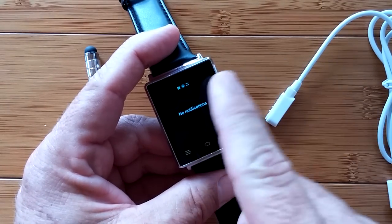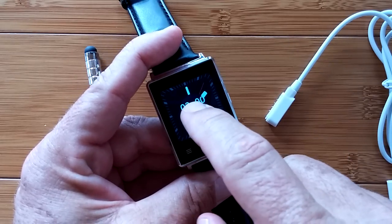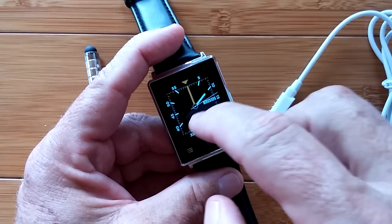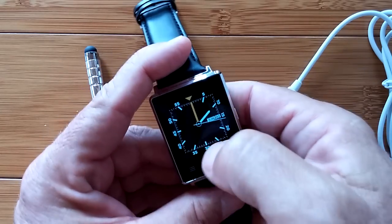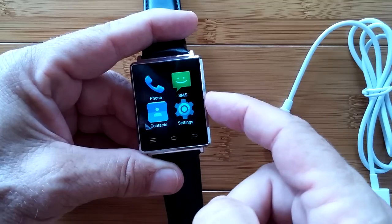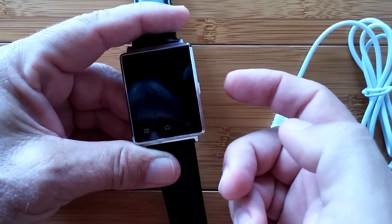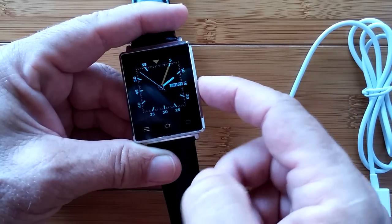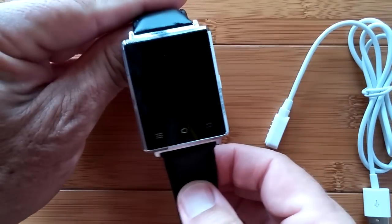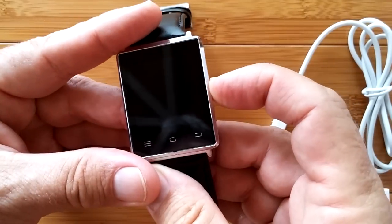All right, we have showed you how to do these 4 panels by swiping. We have showed you how to change your clock face by pressing and holding and moving it one way or another to pick another one. We have showed you that swiping up gets you a sticky finger and eventually into all of your apps. Okay? But you don't know what happens when you press this. A light press turns it on wherever you happen to be. Okay? Remember, we fixed it so that it should rotate and turn on for a few seconds and then turn off. And if you press and hold,